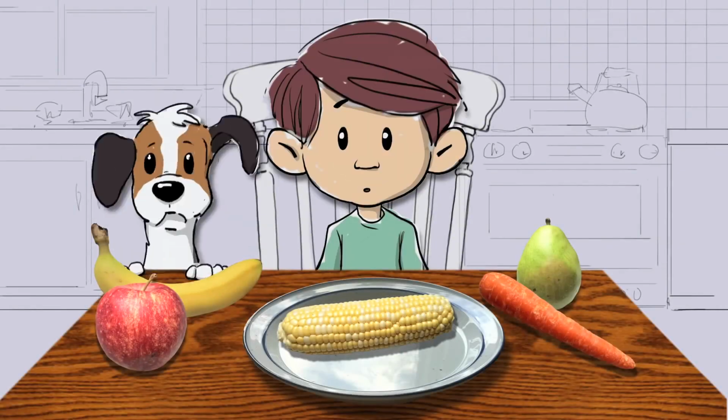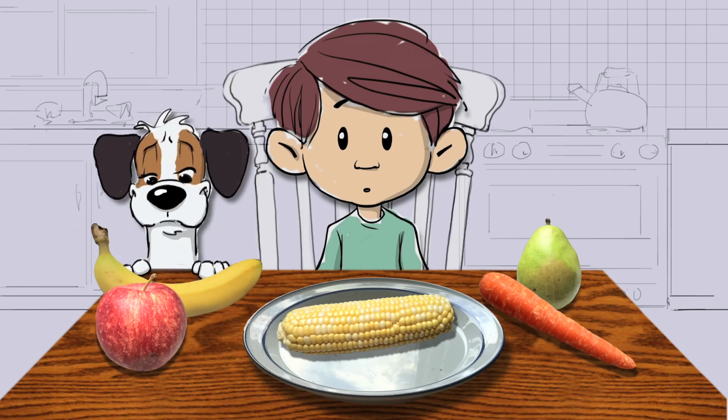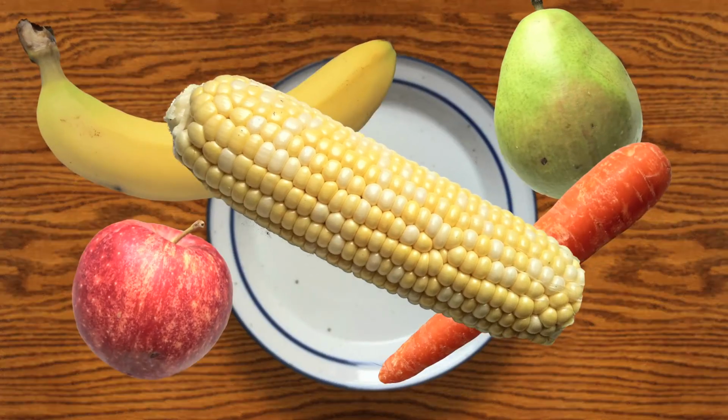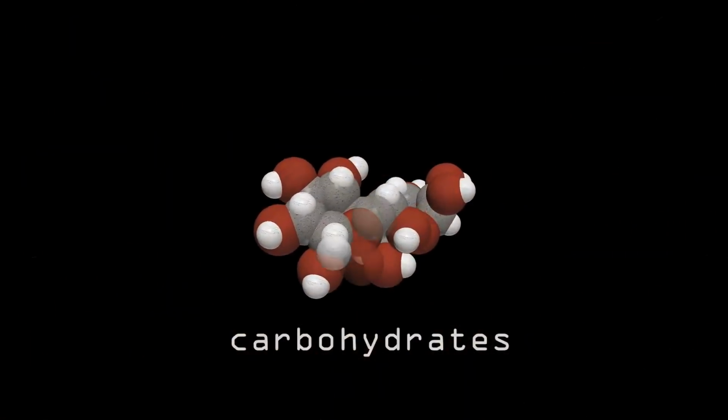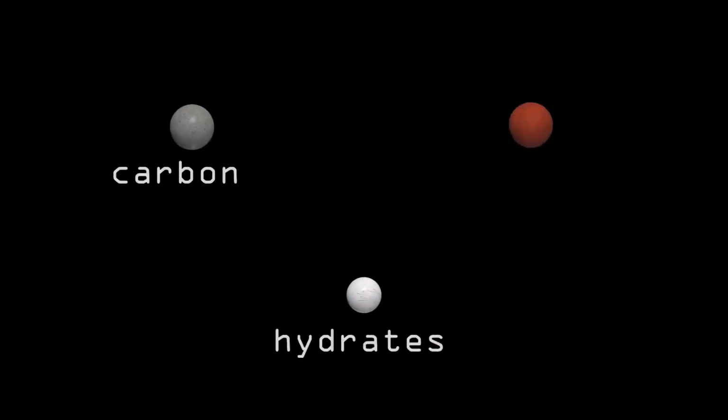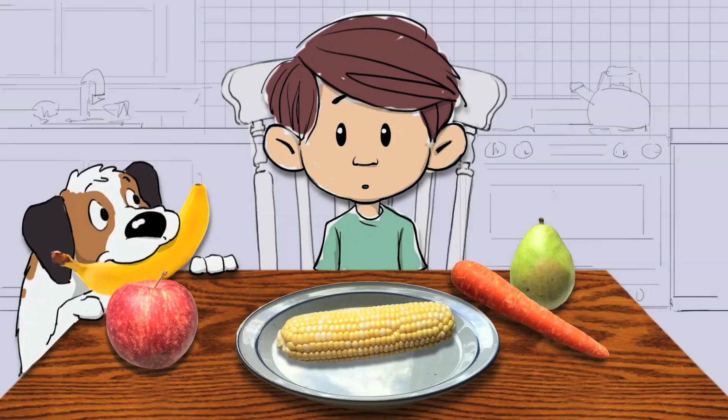Ever wonder where most of the food you eat every day comes from? Well, about 60% of the food you eat is carbohydrates. As you can probably tell from its name, carbohydrates contain carbon, hydrogen, and oxygen. But where do these atoms originally come from, and how do they join together to make delicious foods like fruits